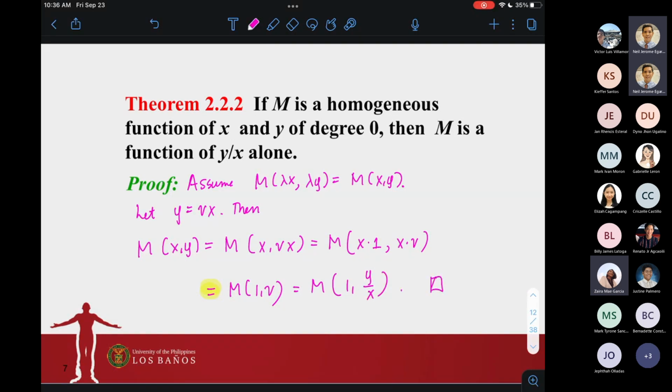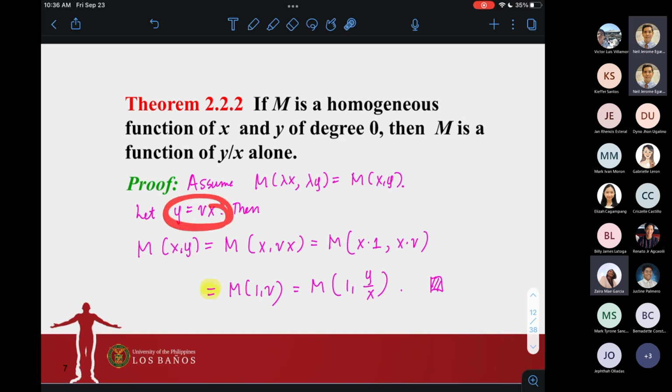So, that ends our proof. Okay? And this is the sort of the idea. This is the stepping stone in the solution scheme that we will develop. Kapag homogeneous yung isang or homogeneous yung components ng isang ODE, we can just